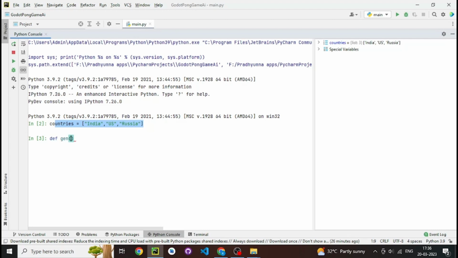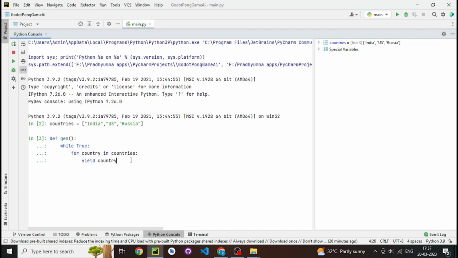I'll name it gen, and then we create a while loop, and since we are going to iterate over the countries, we say for country in countries, and then we say yield